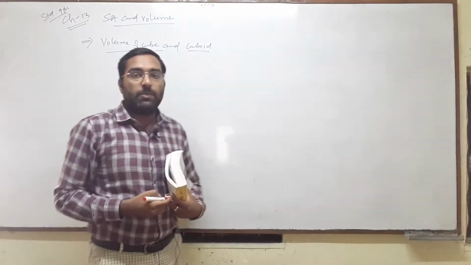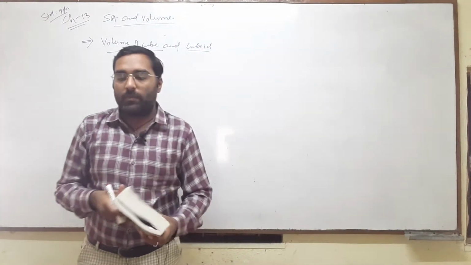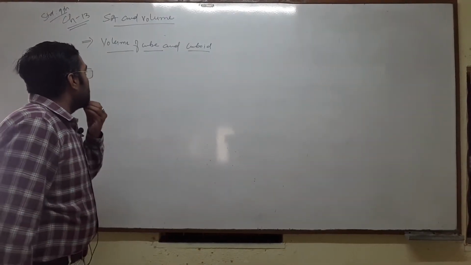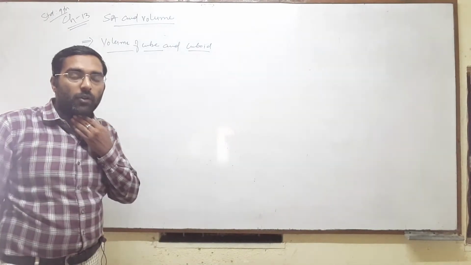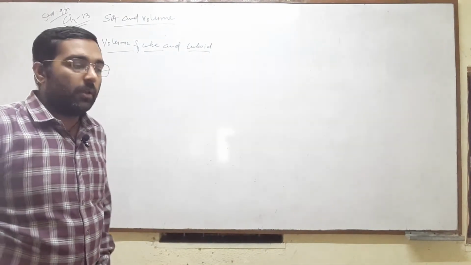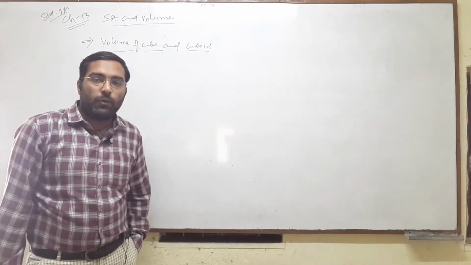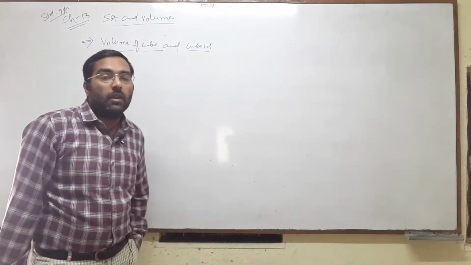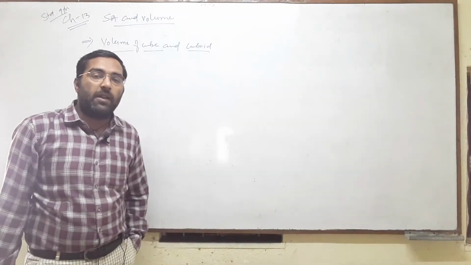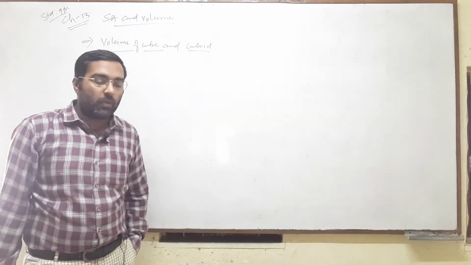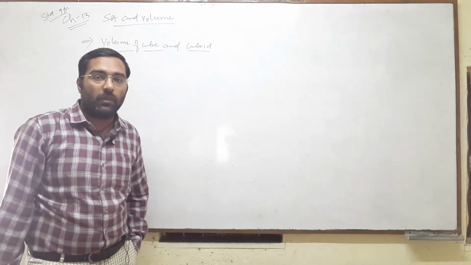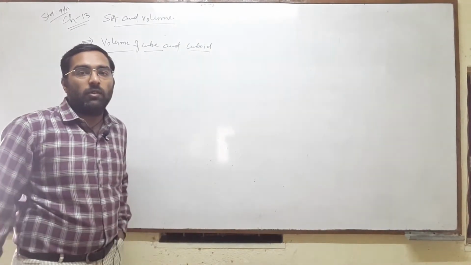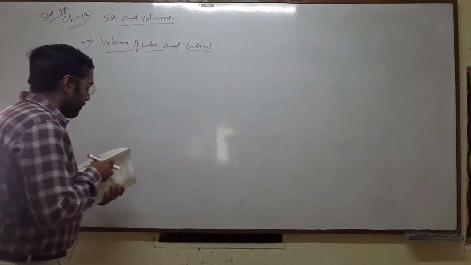So students, as per our previous lecture, we know what is the formula of the volume for the cube and cuboid. For the volume of cube, my formula is L cube. And for the volume of the cuboid, my formula is L into B into H. Okay, length into breadth into height. So let's start, and we have to see some examples related to the volume of the cuboid and cube also.